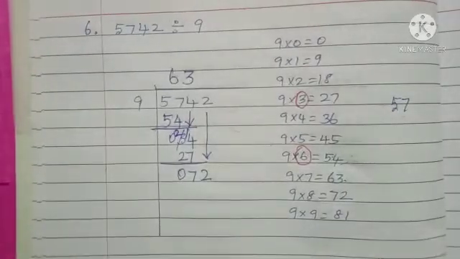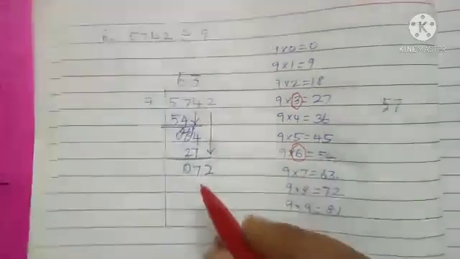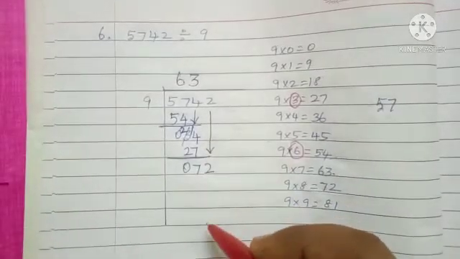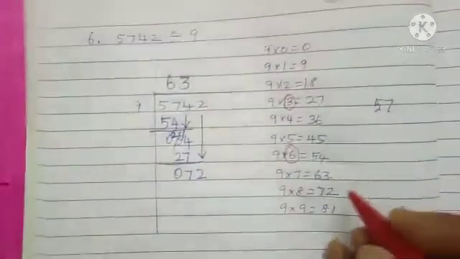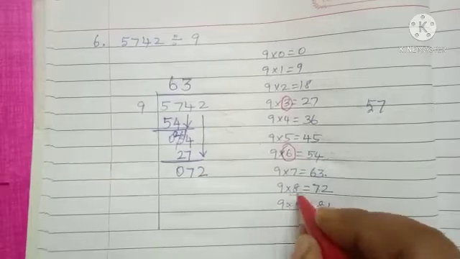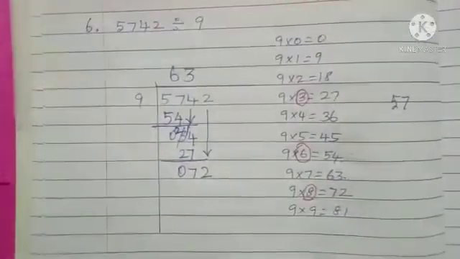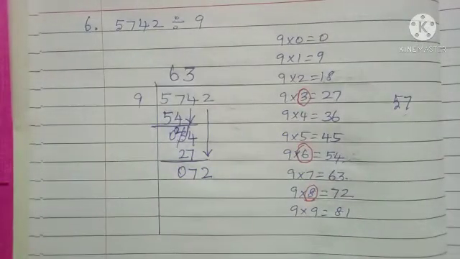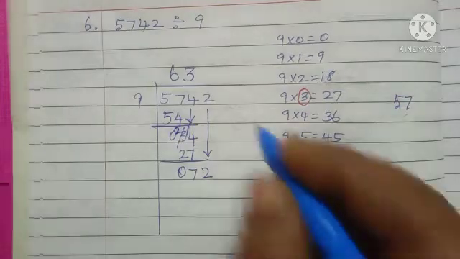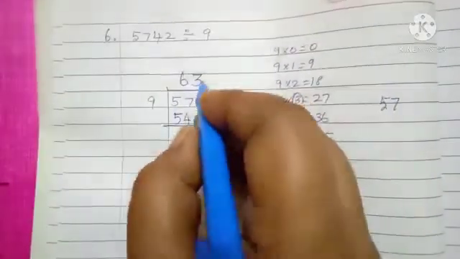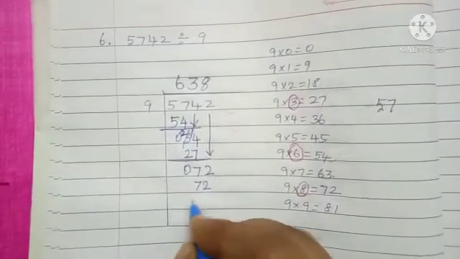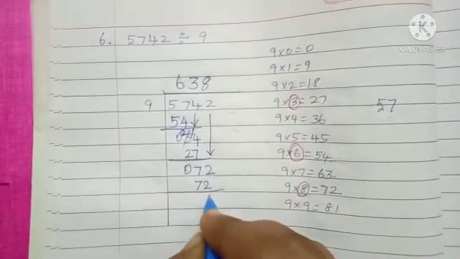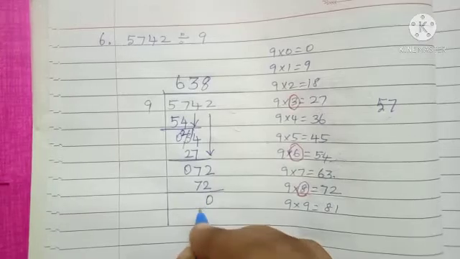So you reach the table up to 72, or the number after 72, then you stop saying the table. Before the number or the same number you find out. Then use the tables. So the 9 table, how many times? 8 times. 72, you reach now. So 8 times, 72. So 72 subtract 72 is 0.